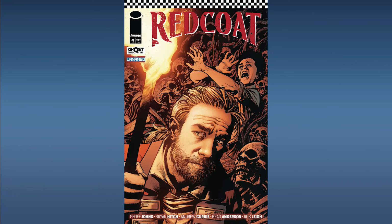And finally from Image Comics, Red Coat number 4. This features the first appearance of the Grand Architect. Now, this Red Coat title series from Image Comics, this has already developed a huge fan base and huge collector base. And you know, like we always mention with these small press and indie publishers, if these title series get picked up on option for small screen and big screen projects, that is a huge price driver for these books in the secondary market. So this one here, the fact that this title series already has a huge fan base